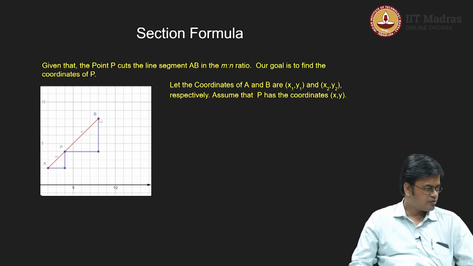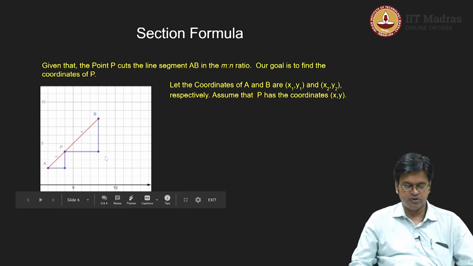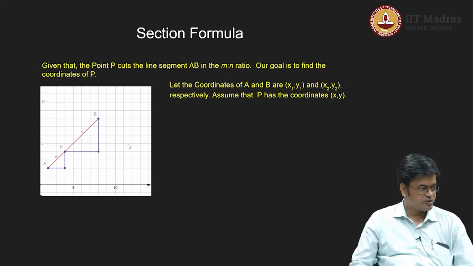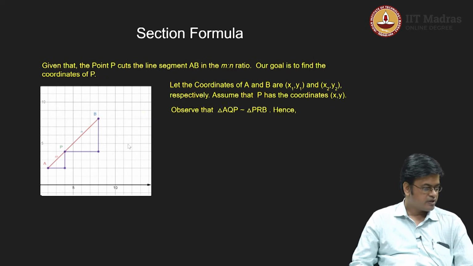Basically, I will drop a perpendicular which will meet the x axis, and again I will draw a perpendicular here. But for the sake of simplicity, we have constructed a right angle triangle where the y coordinate of this point will be y and the x coordinate of this point will be the x coordinate of point B, which will be x2 comma y. With this understanding, we can proceed further and see that